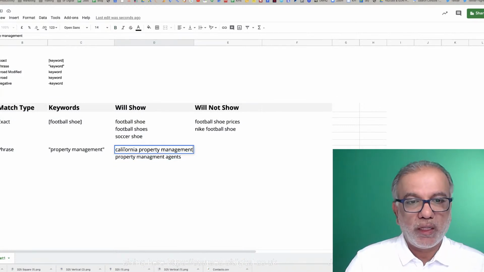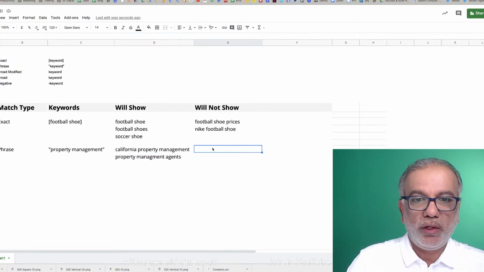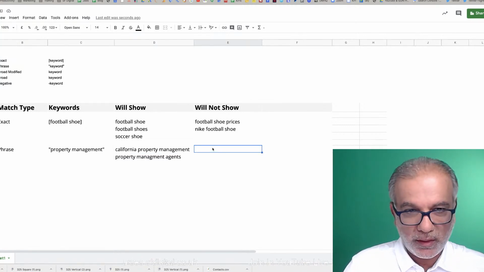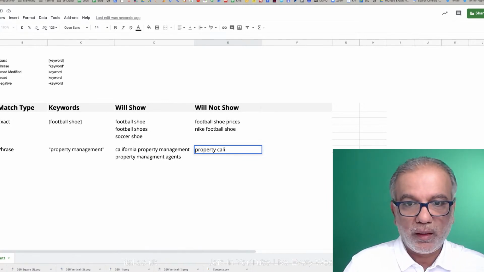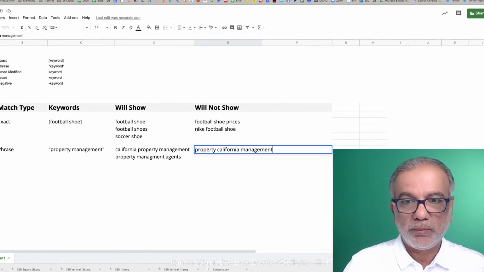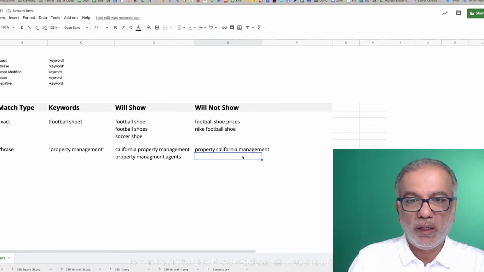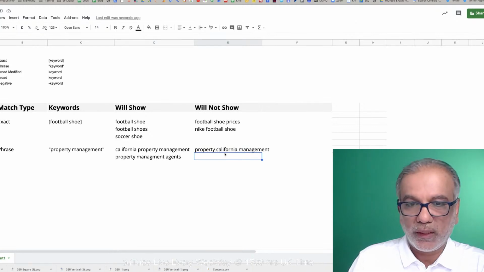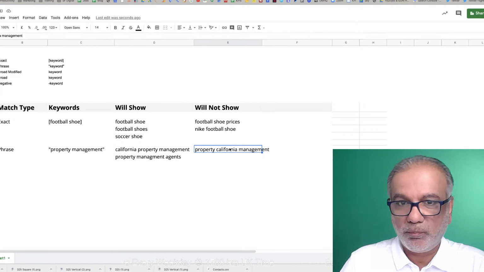So we've got California before property management and the agents after property management. What it will not show for is if somebody said something like property California management, because these two words which are your keyword have been broken with a word between them, so that's not going to trigger for this search term. All right,